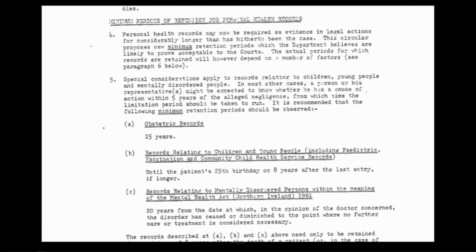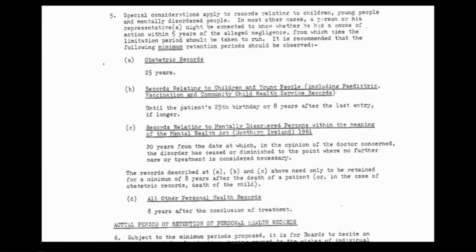And so we see obstetric records, the minimum retention period is 25 years, children and young people until the 25th birthday, or 8 years after the last entry if longer. Those records need only be retained for a minimum of 8 years after the death of a patient, or in the case of obstetric records, death of the child. Relation to all other personal health records, 8 years after the conclusion of treatment. And then if we turn the page,